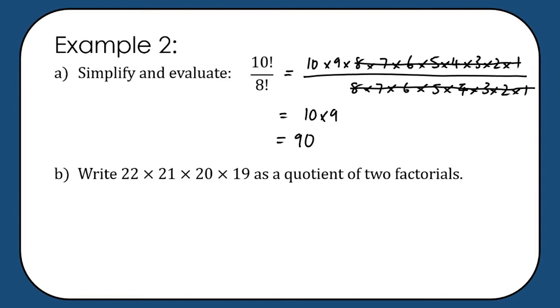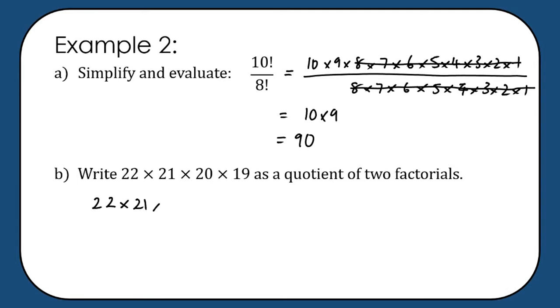Part B is asking you to work in the reverse, so write 22 times 21 times 20 times 19 as a quotient of 2 factorials. So quotient means division. So we essentially want to write something similar to the expression we were given in Part A to represent 22 times 21 times 20 times 19. So